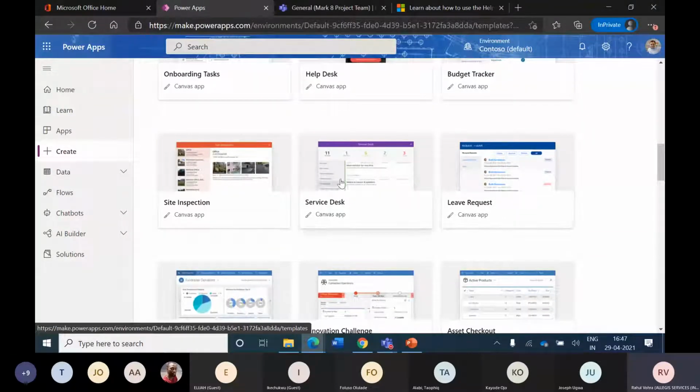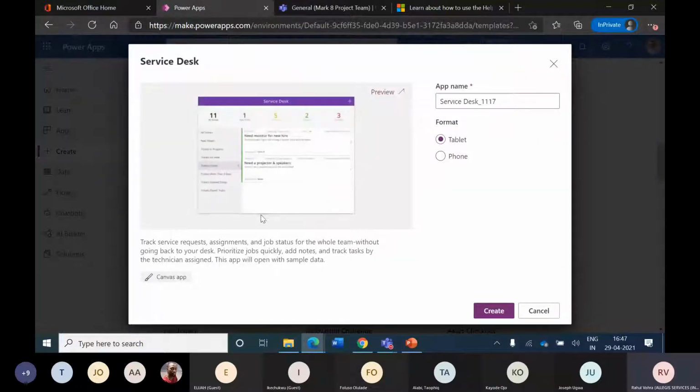When we see these templates available to us, before we get into the details, simply clicking on one helps us get a better understanding. In many cases, without deploying the template app, we can actually go to a preview.